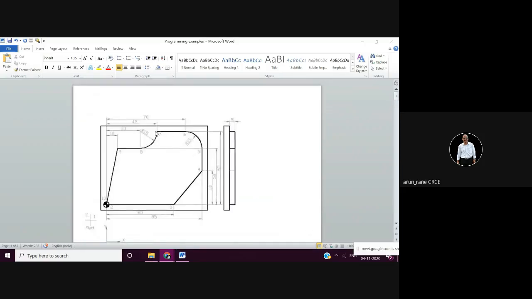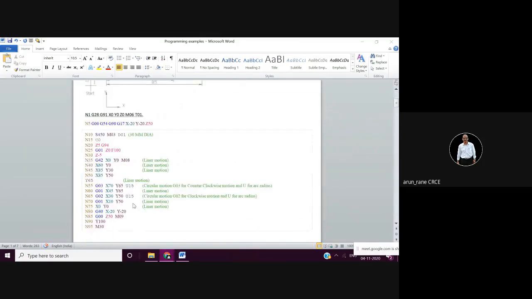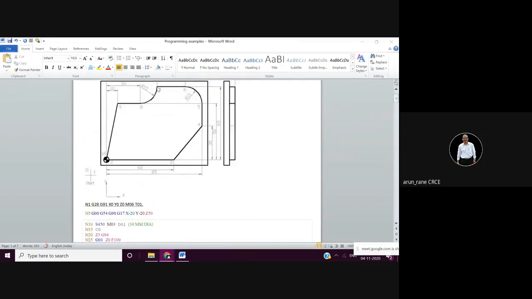Then from here it will go to G01, that is this point. So here it will be G01 X45. Now why did you not give Y? Because it will take it as Y65 that is this Y65, and then again G02. Now look, this is your clockwise, isn't it? It's going to cut like this. So this is your clockwise movement, CW.